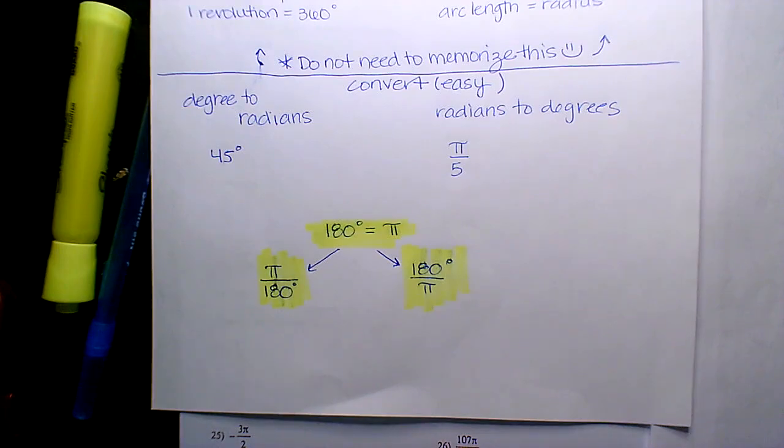Converting degrees to radians, radians to degrees. Okay, so if I give you 45 degrees and I want you to convert it to radians,